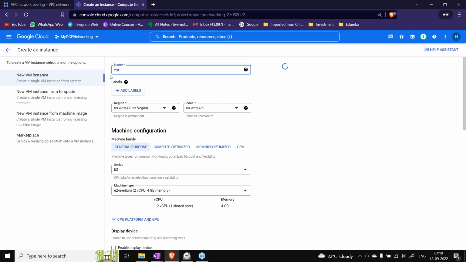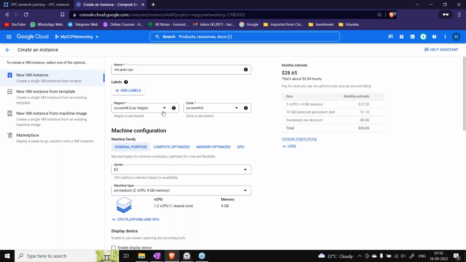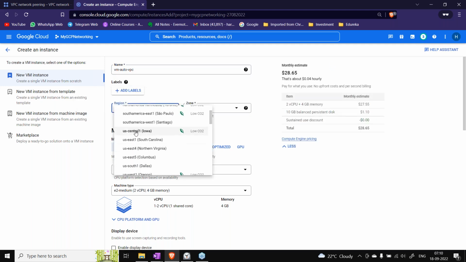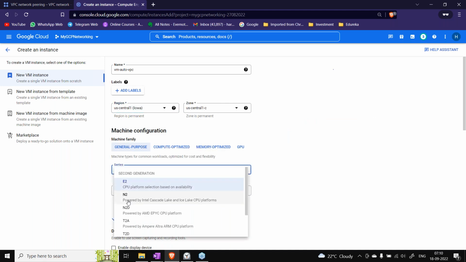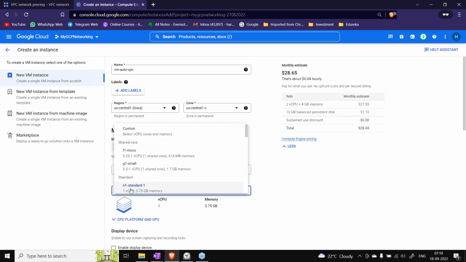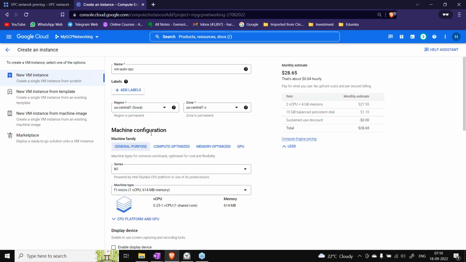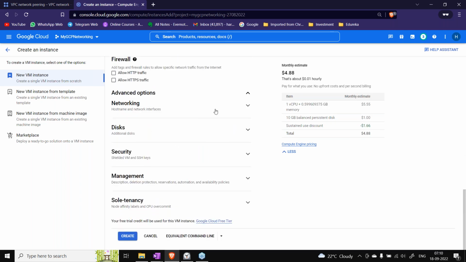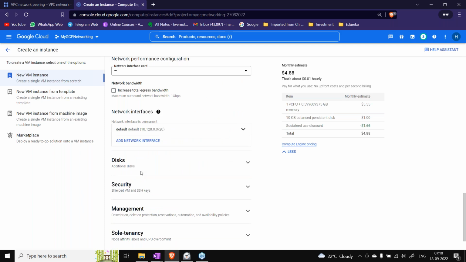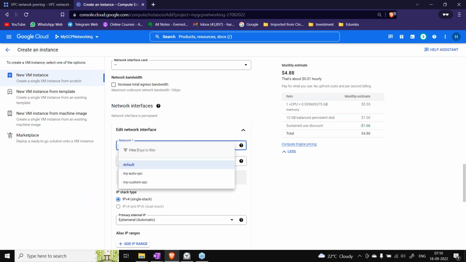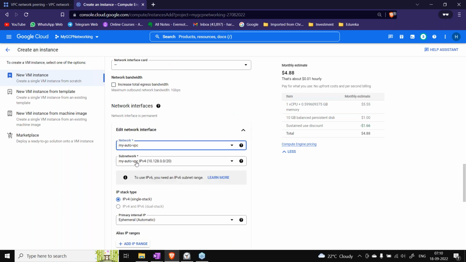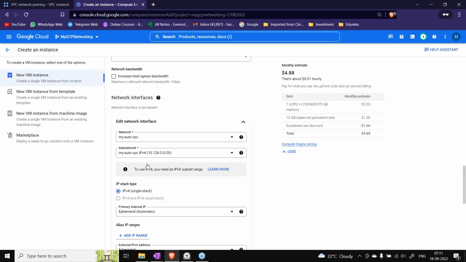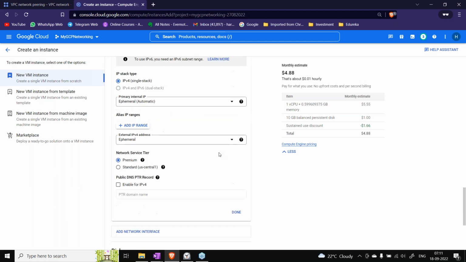Let's say a VM on the auto VPC. Now in the network, I'll go to the network interfaces and select the auto VPC, and this will automatically take the central1 subnet.